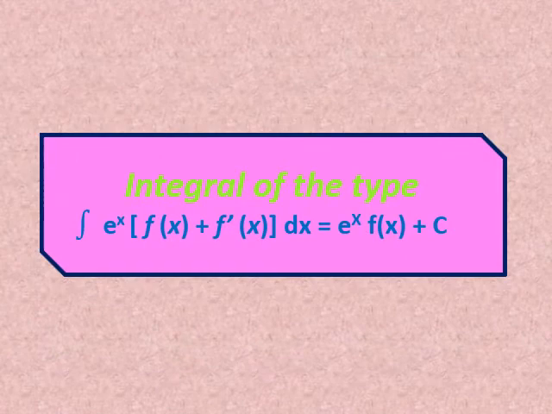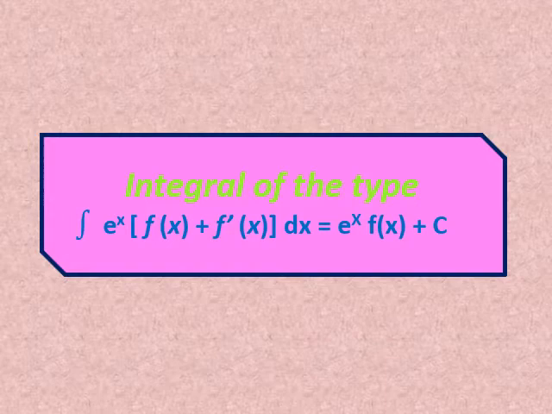We have one more type of integral. If it is the integral of e^x [f(x) + f'(x)], that is the function is there plus its differentiation is there. f is the function and f' is also there. It means, like, if we have sin x, then we must have cos x in that, and e^x is also there. Then this integral is solved as e^x f(x) + c directly. Or if we can somehow convert it into the form of the integral of e^x [f(x) + f'(x)], function plus its differentiation, then the integral can be written as e^x f(x) plus the constant of integration c. Clear? So remember this point.